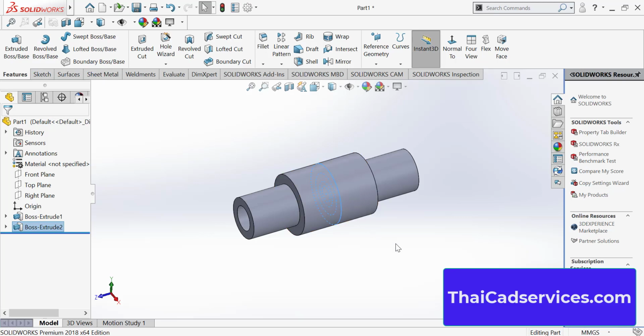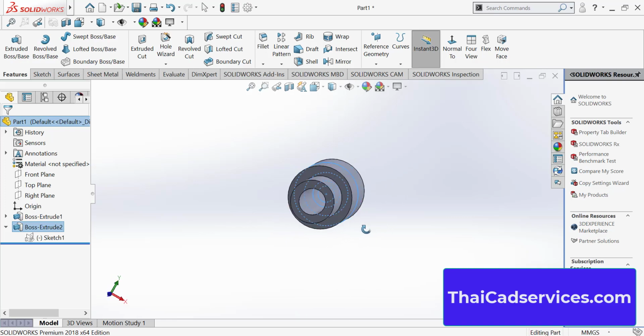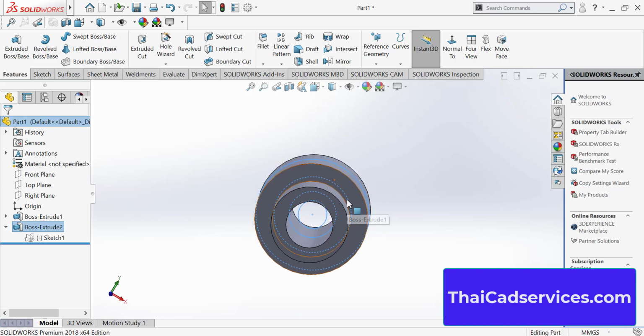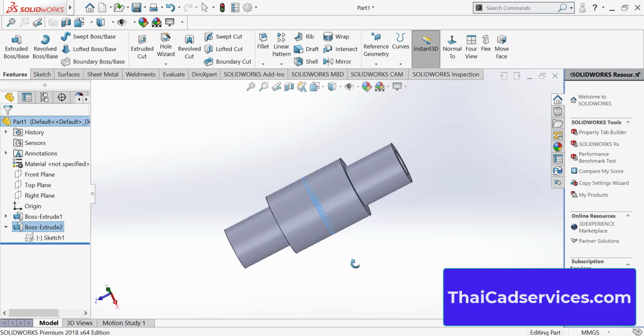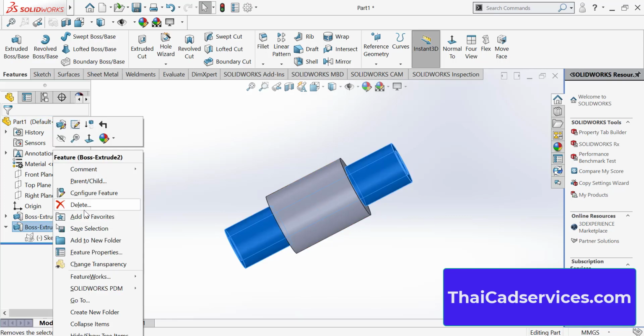Today I'm going to be showing you how to use sketch contour. There will be scenarios where you want to do some kind of a sketch like this very quickly. You're running out of time or short of time. You can do this using the same sketch. For example, like